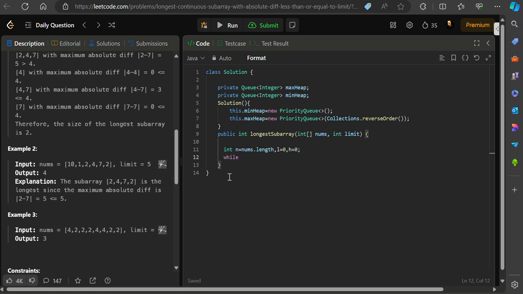Now I will keep moving my H, that is the right of the window, and every time we move an H, we try to push this element to both the max heap and the min heap, because the current element can be the maximum element of the subarray, and the current element may also be the minimum element of my subarray. So let's push this into the max heap and min heap. Now let's test the condition. If the difference between the maximum element, max heap's peek, and the minimum element is greater than the limit,